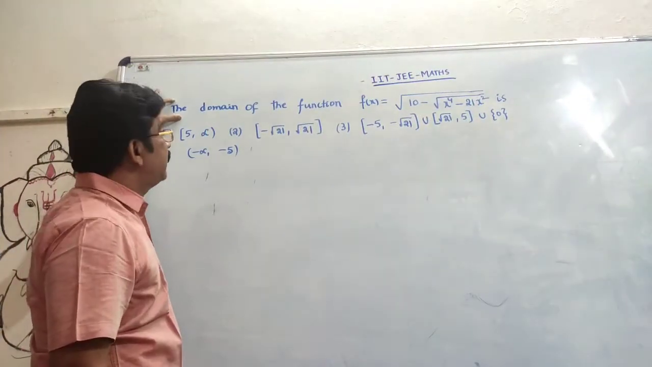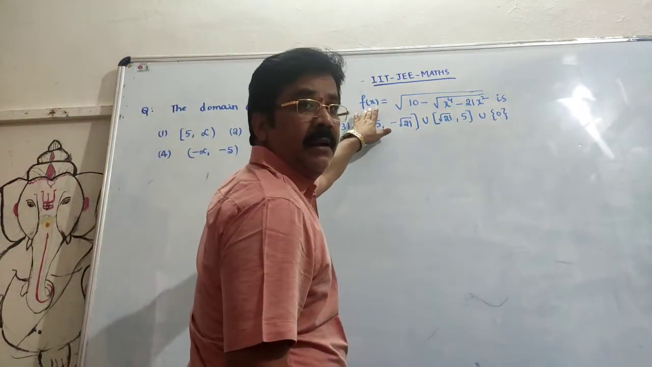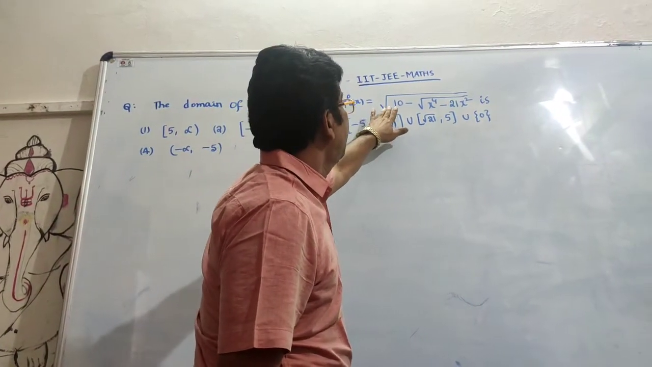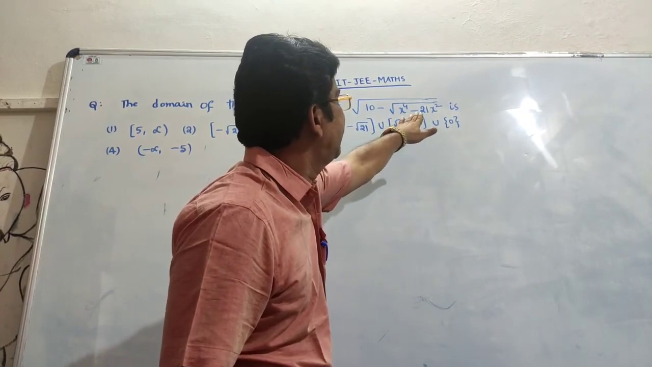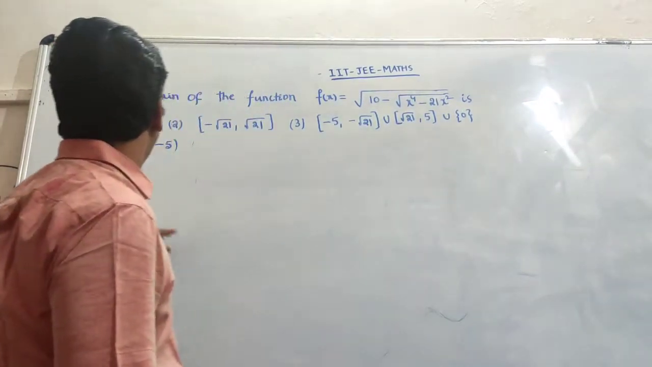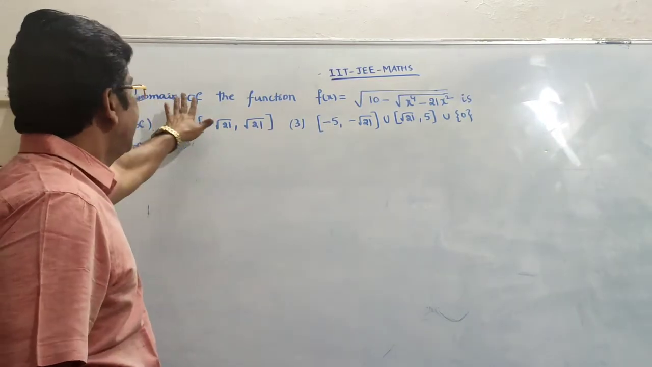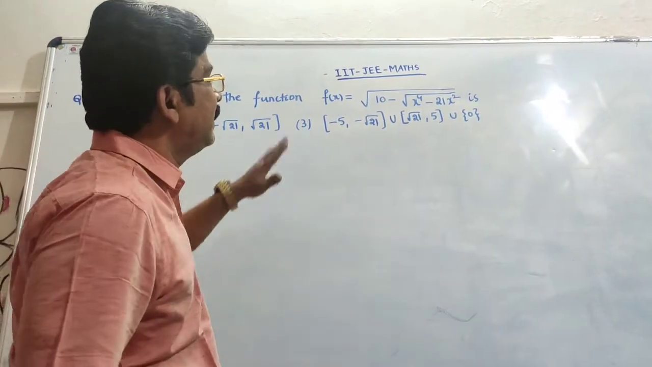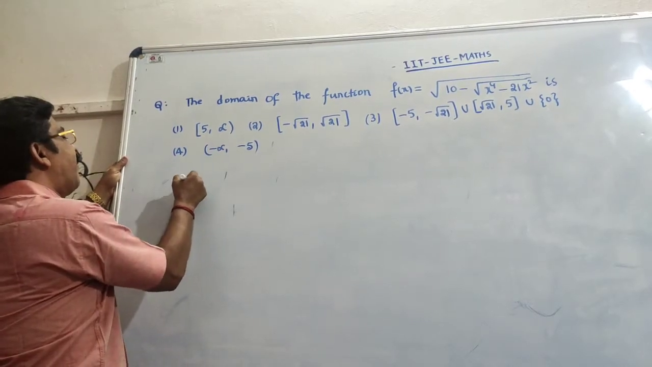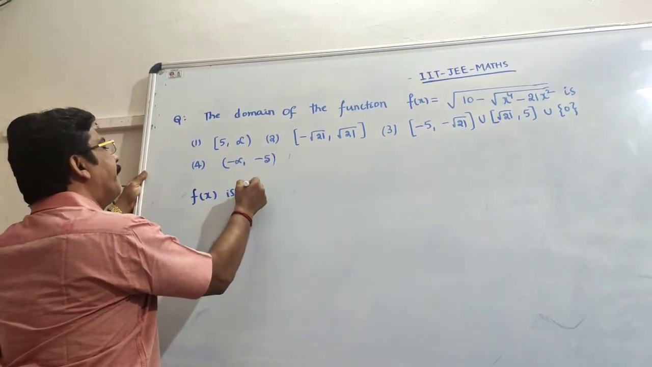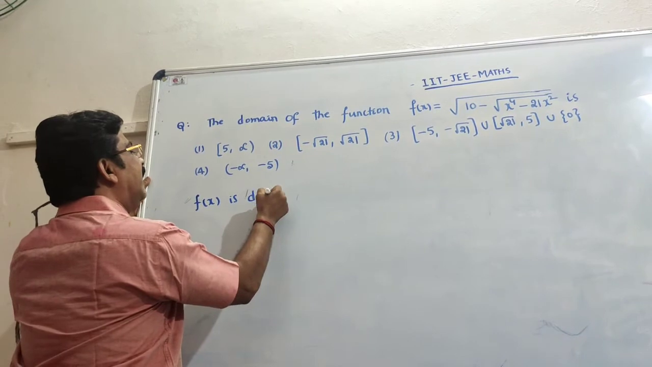Next, the domain of the function f(x) = √(10 − √(x⁴ − 21x²)) is what? Four options are given. Here, f(x) is defined